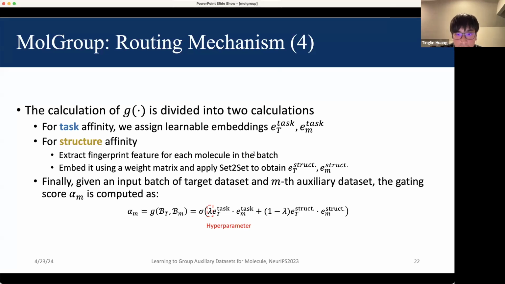I think it's very interesting because given one molecule data set, we can also cluster the data set. I mean, cluster the instances in this data set according to their structure. So we can split one data set into multiple small data sets, and maybe different small data sets can be beneficial if we can remove the information that could be harmful to the target data sets. I think it's a very interesting direction.